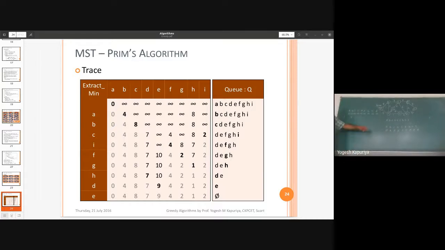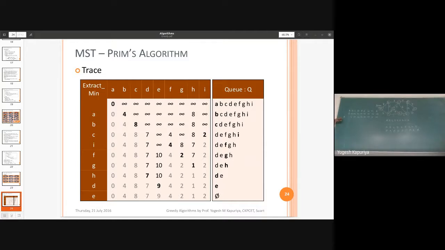Okay. Next adjacent vertex of A is H. First check, what is the status of H? Is it part of Q? Yes. Check what is the key value of H? Infinity. Is it more than the weight of AH? Yes. So that means the key will be changed to the weight of AH, and my parent of H will be A. Clear? Now A is no longer part of Q. Every other vertex is still inside the queue but with updated key values. Repeat this till your queue is empty.